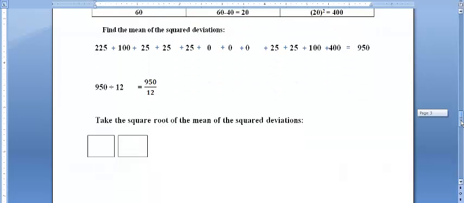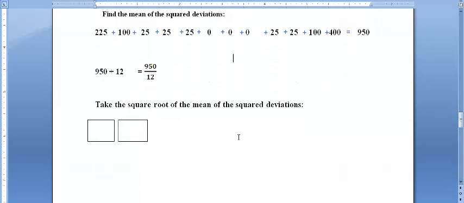We almost have our standard deviation, and we do that by taking the square root of the mean of our squared deviations. So this 950 divided by 12 was the mean of our squared deviations. So we take the square root of that 950 divided by 12. Make sure the whole 950 twelfths is underneath the radical. And when you do that, you should get